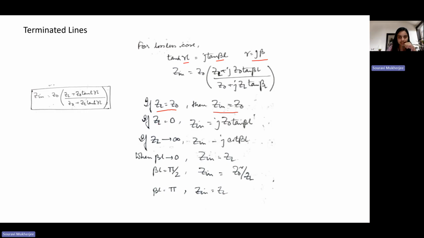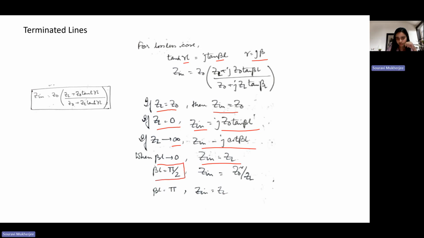Now again, if your ZL goes to 0, that is more like the short circuit case, right? So if it is a short circuit, what happens? Your Zin is given by this relation here. You can also have open circuit where ZL goes to infinity, and then this is the form of your impedance at the source end. Now, in this form, you can also have conditions based on the length of your transmission line. So if beta L goes to 0, then you can see Zin is equal to ZL. So if the length is too small, but then if you have beta L equal to pi by 2,